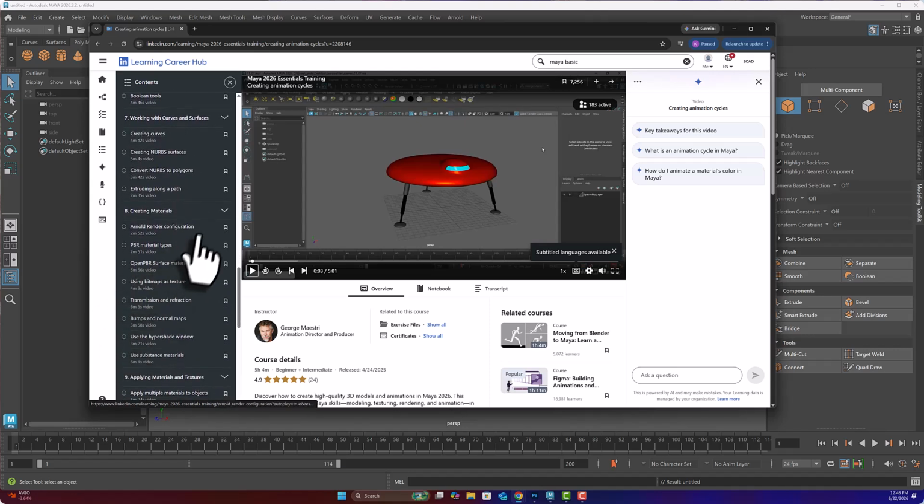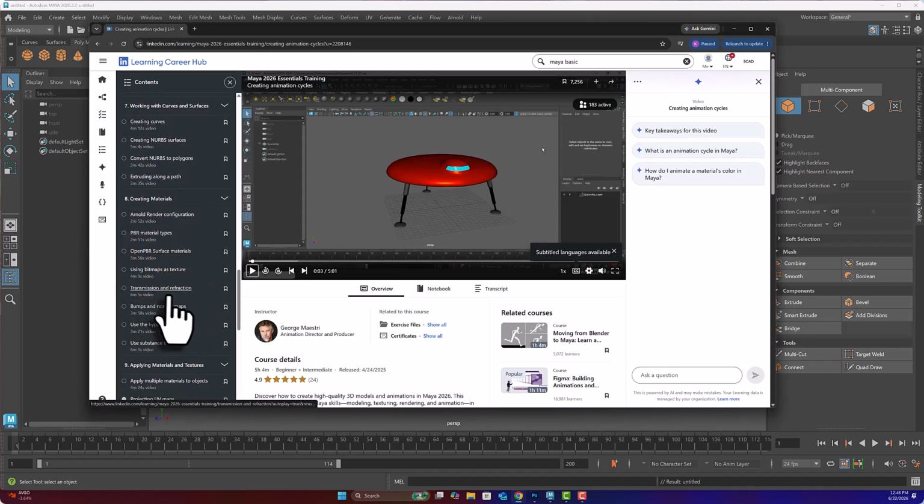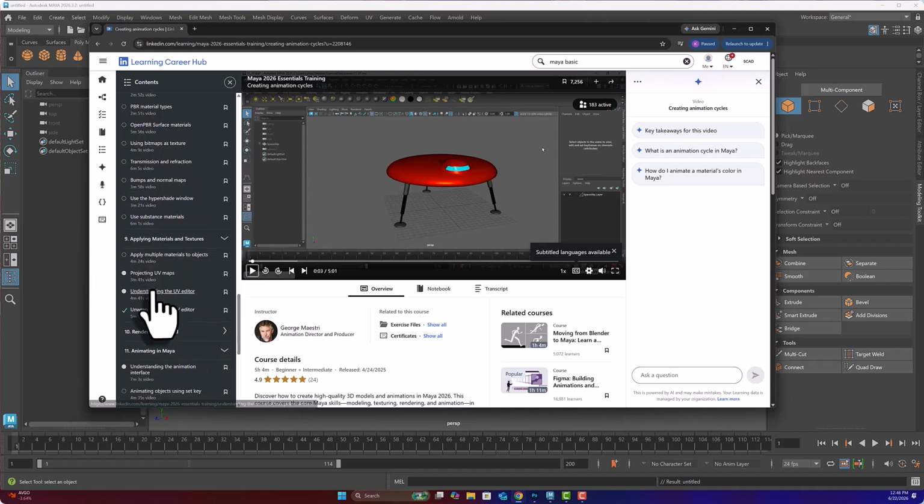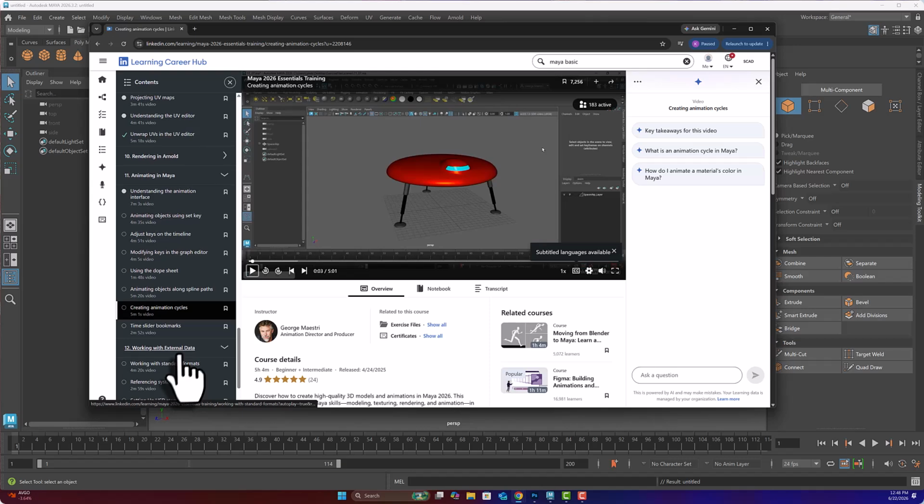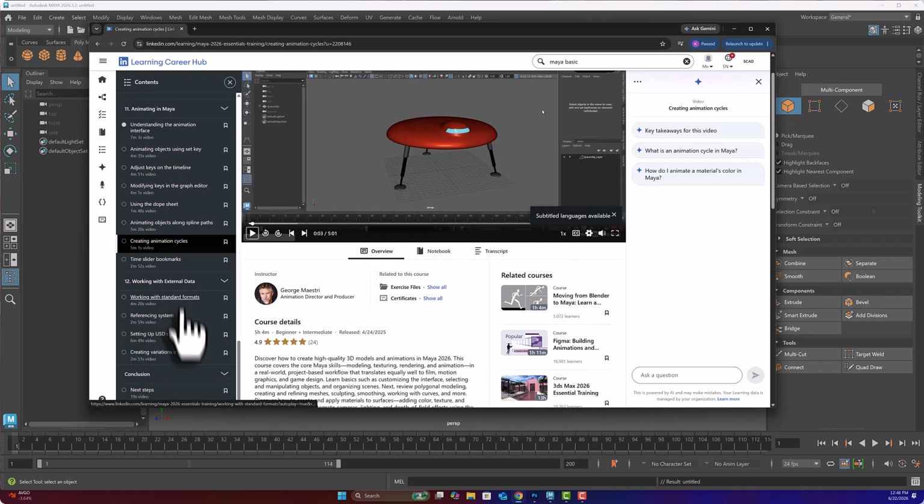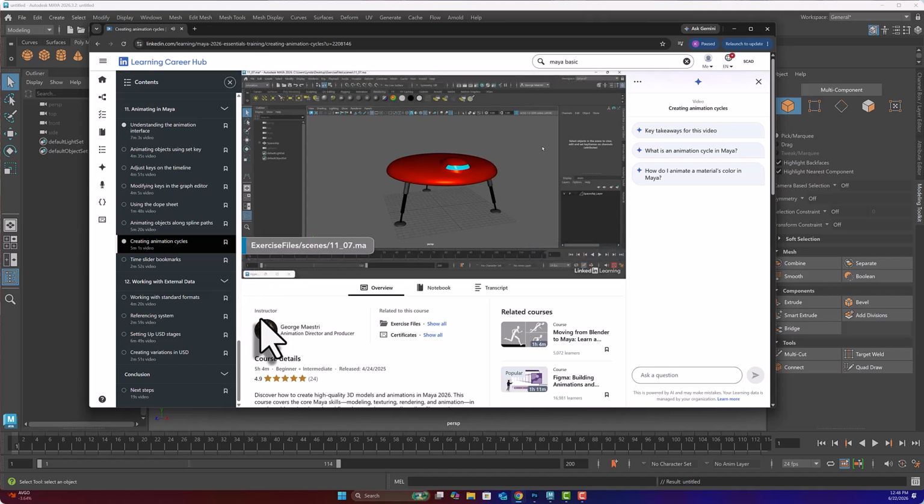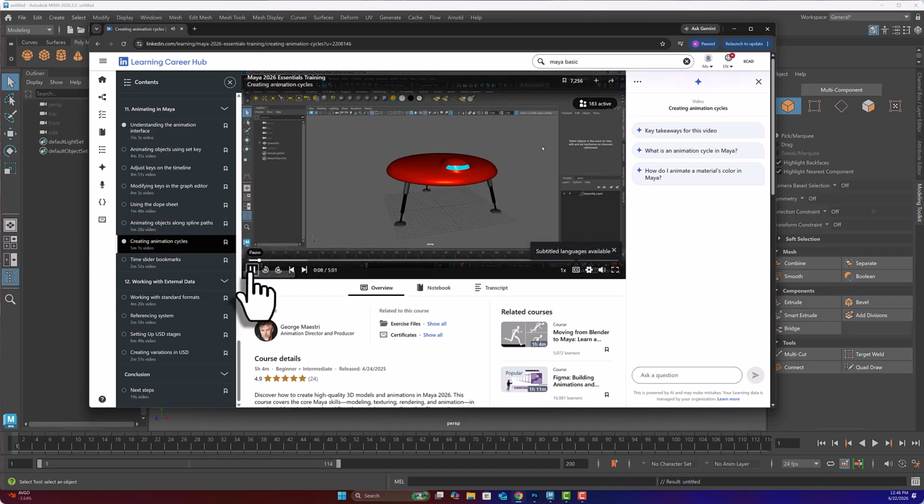Creating materials. If you're going to create materials in Maya, great. If you're creating materials somewhere else, well, then skip that. Applying materials. So you just pick what you need to see, working with external data, blah, blah, blah. It's great. And he has this cool voice. I think you should be able to hear this. You can create what are called animation cycles, and this allows you to do just one set of keys, and